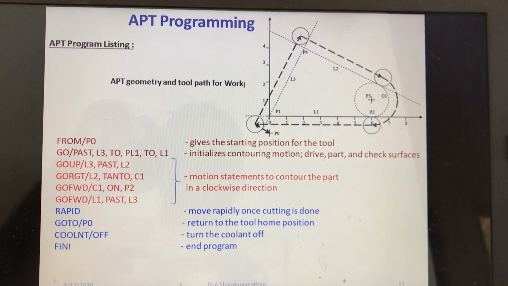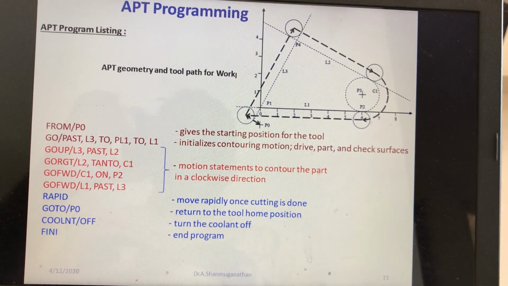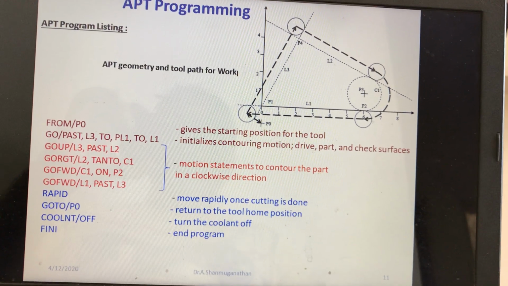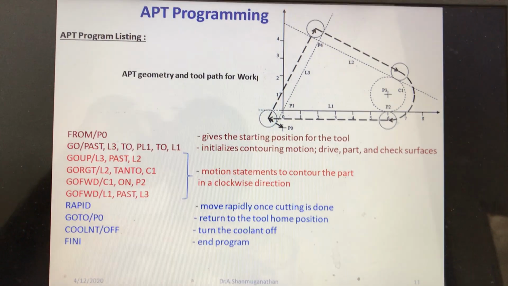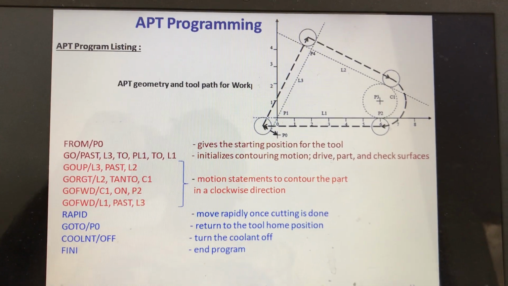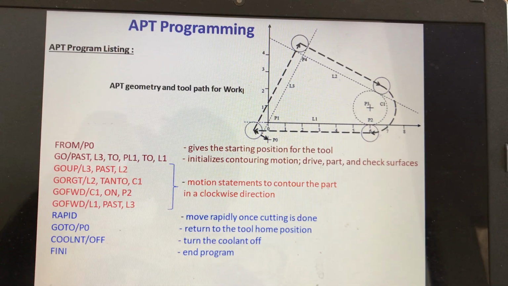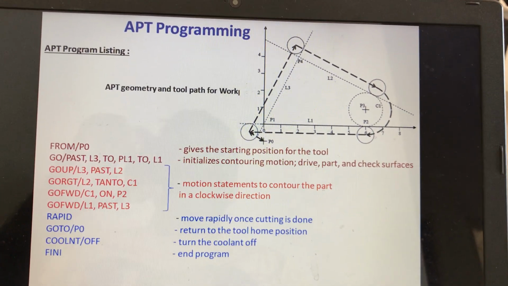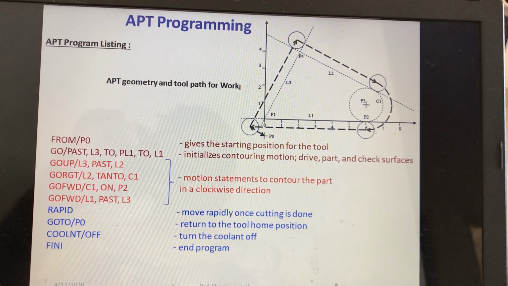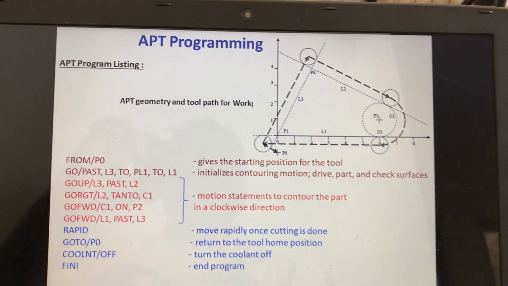Geometry statements define how the part looks, all its points, lines, circles, curves, and the planes of the given part. And motion statements say where to move, how to move. They give instructions to cutting tools, that is go up, go down, go right, go left, go through, go past, go on, go to, like these commands.